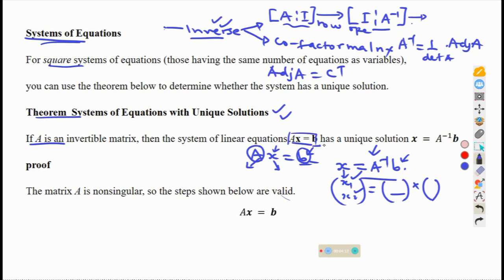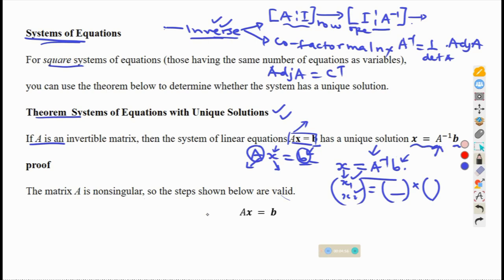Then after placing it in this form, we shall now have what we call the solution as A inverse times B. So the most important part here is, after putting it in the form AX equals B, you will need to use any of the above procedures for finding the inverse of a matrix, and you obtain the inverse of A. After obtaining the inverse of A, to get the solution, you simply multiply that inverse with B. So let us look at the proof that our solution will be X equals A